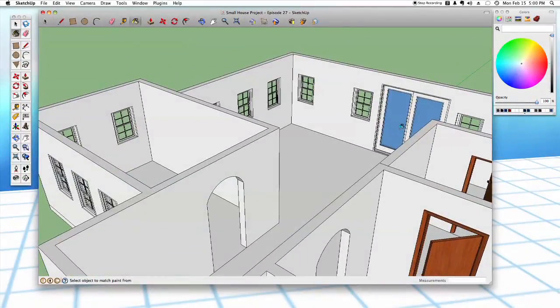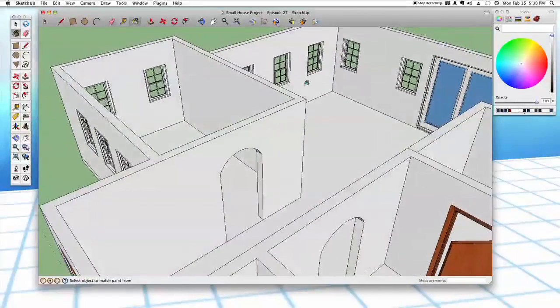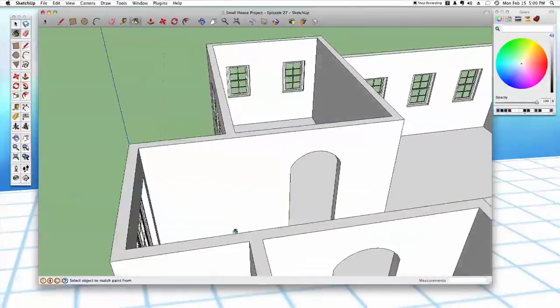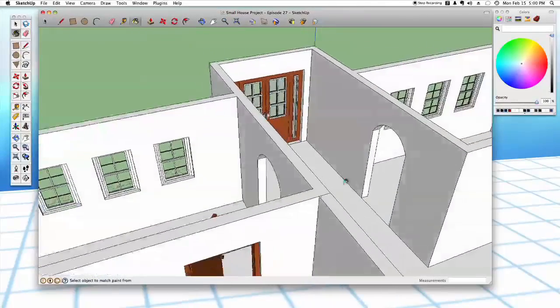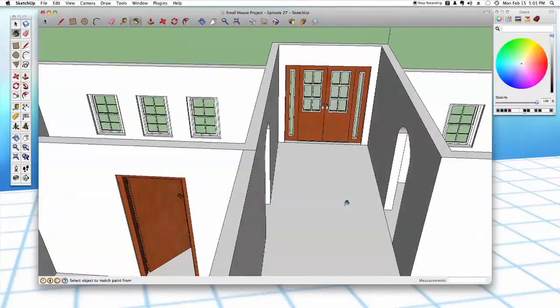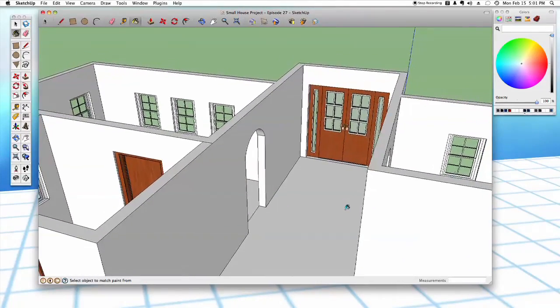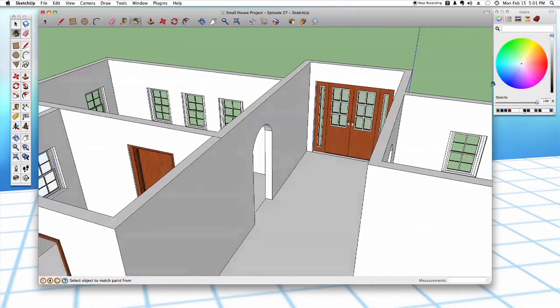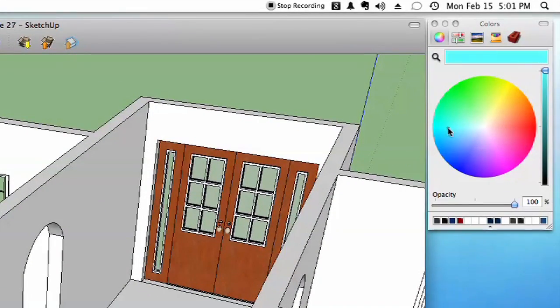Now, the first thing I want to do is let's do this main entryway right here, because this is the first color you're going to see when you walk into this house. So for this, let's go with, how about a nice blue? To get a nice blue, I'm just going to play with the picker in here a little bit. Maybe something kind of like